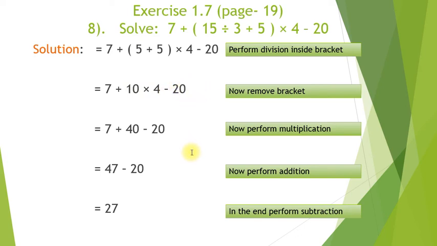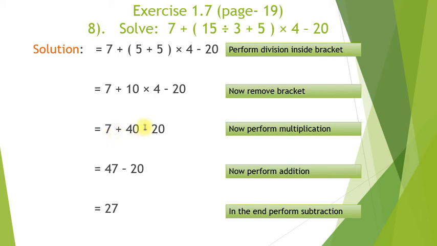In the BODMAS rule, after solving the bracket we get O, that is operation of, and then division. There is no of operation, there is no division, so we jump to the M, that is the multiplication. Here is the multiplication. 10 multiplied by 4, we get 40. 10 4s are 40. We get 40 over here. This is the performance of the multiplication. We have performed multiplication. Now we have three values, 7 plus 40 minus 20.